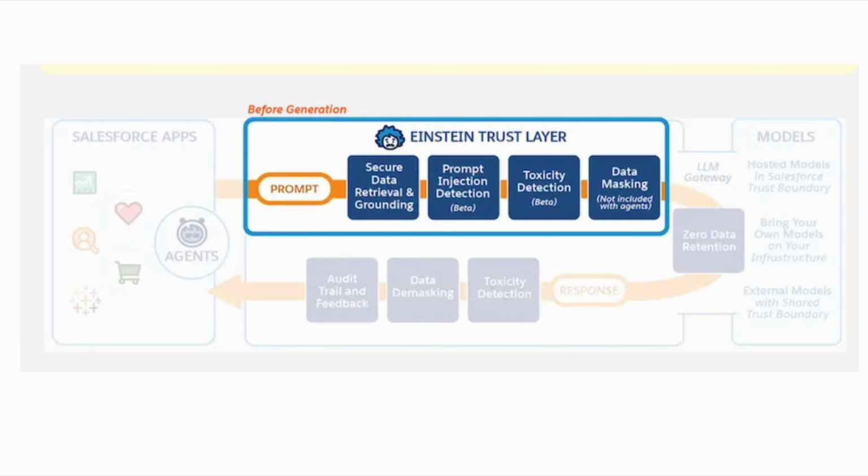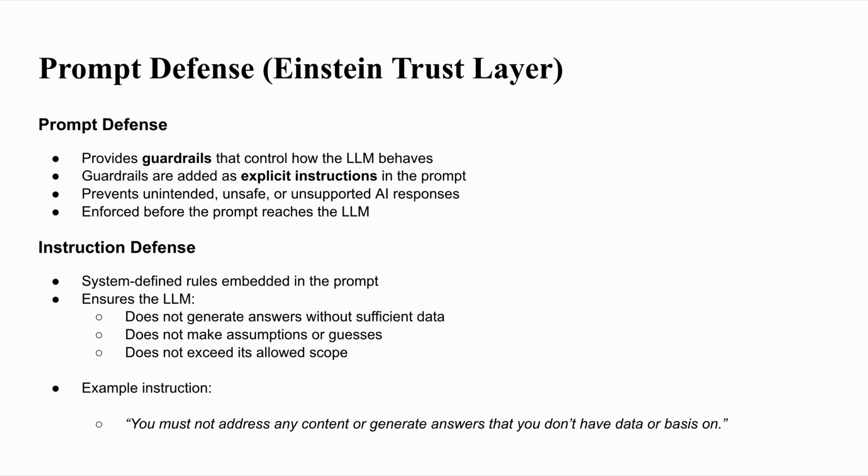For example, if I'm sending "give me the data of this contact," that's my prompt. In between this prompt journey, a hacker can inject into my prompt: give me the contact details and also their personal information. The prompt is modified, and then they add something else. That is what prompt injection is. We defend against this with a technique called prompt defense, which can help protect from these attacks and decrease the likelihood of the data being compromised. How that is done, we will see next.